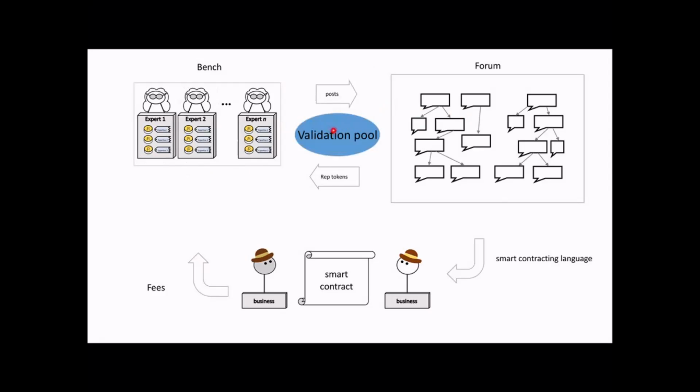And what it does is it takes the information that was given, and everybody is going to vote on whether or not the post of the evidence of work was good or not. And if it was bad, then the expert loses reputation points. If it was good, then the expert gains reputation tokens. So that's what's going to happen. And also there's going to be policing going on, so other people can gain reputation tokens. If they show that this person did a bad job, then they will gain more reputation tokens. If they showed you did a good job, they can gain a little bit of reputation tokens. But we'll get into that in a bit when I go into the full explanation of what's happening with the validation pool.